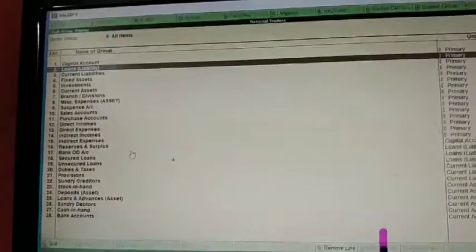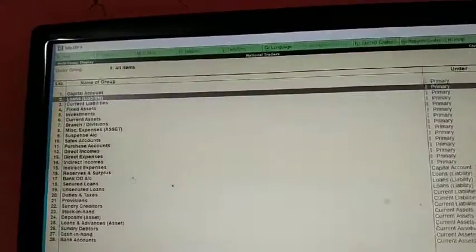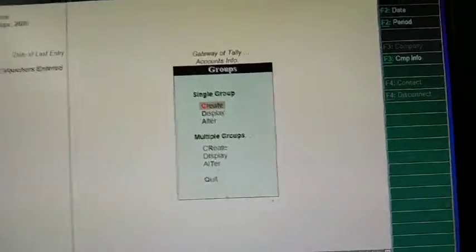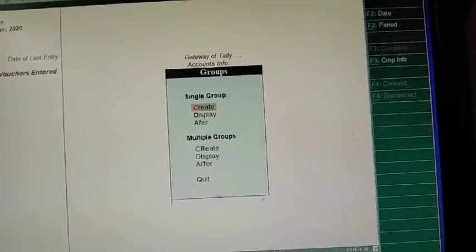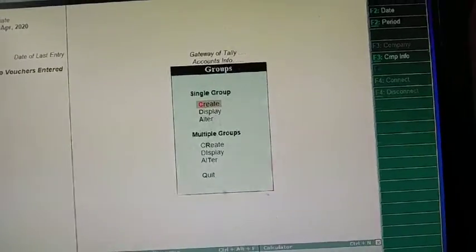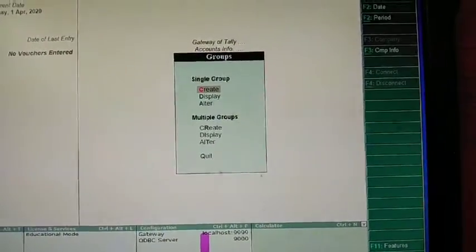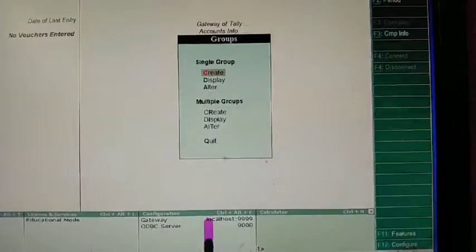So if you wish to do that, we will see how we can group our sundry debtors according to their geographical areas. Otherwise all the suppliers and the customers will be under the main group of sundry debtors.